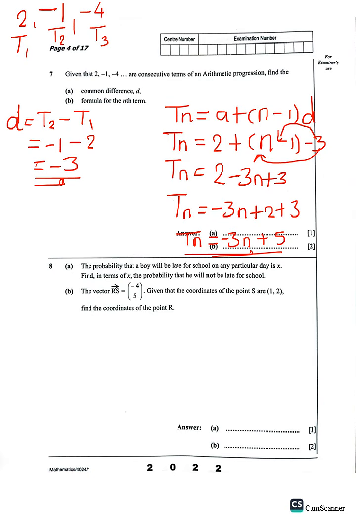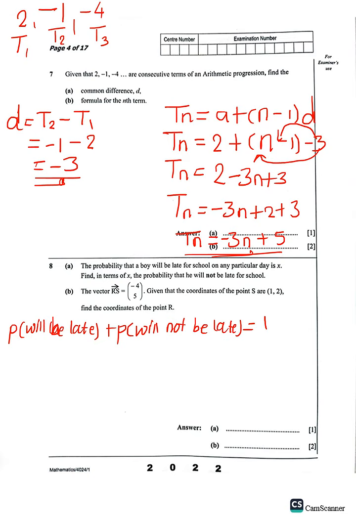If you are given one probability, how do you find the other probability? We need to subtract the given probability from one, then we have the missing probability. But the formula, we can just say probability of will be late plus probability of will not be late